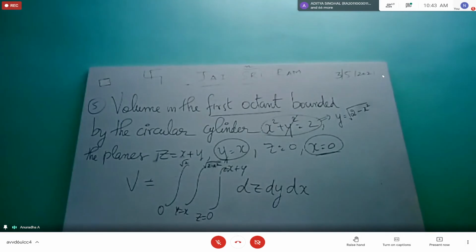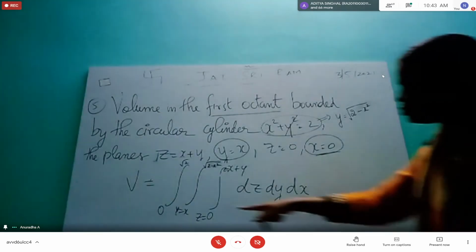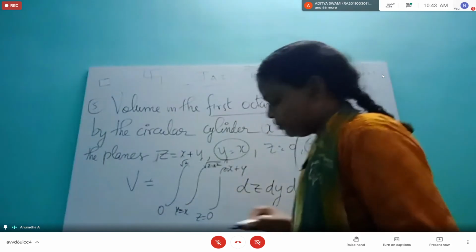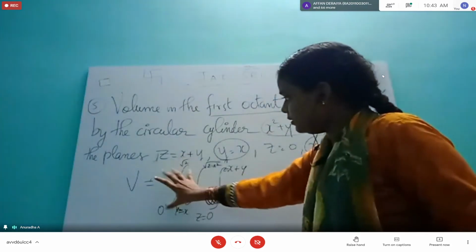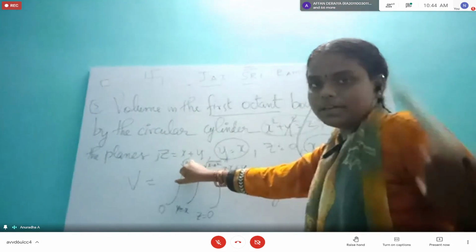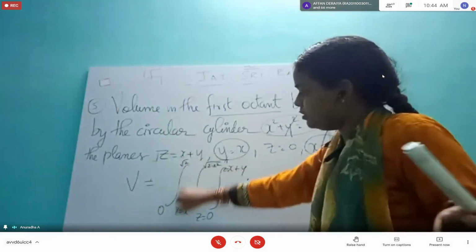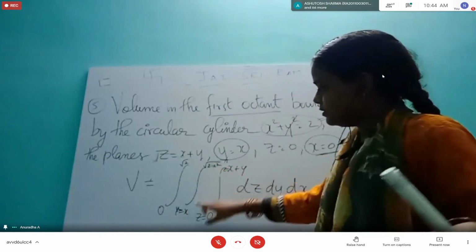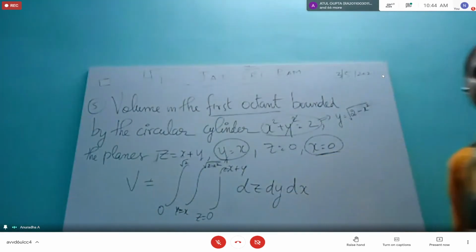In this also, one more doubt you will have. Which to write lower, which to write upper? That is also one more doubt you may have. If you look here, obviously root 2 is the higher value, 1.4 something. 0 is the lower limit. So by the same logic I have written like this. This is lower, this is upper.